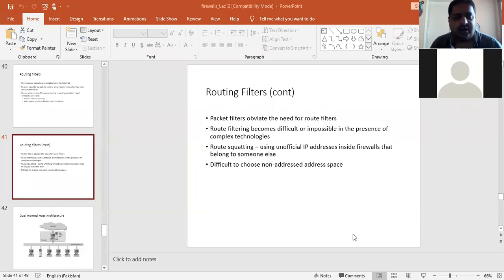So we are discussing different types of firewalls. As the packet is filtered, we are discussing that the different routes can also be filtered by the firewall, and through this we can define that the particular path that is used to send the packet from source to destination